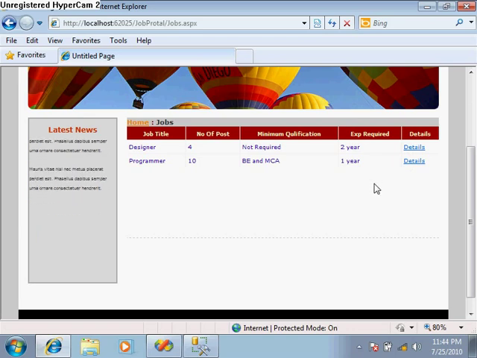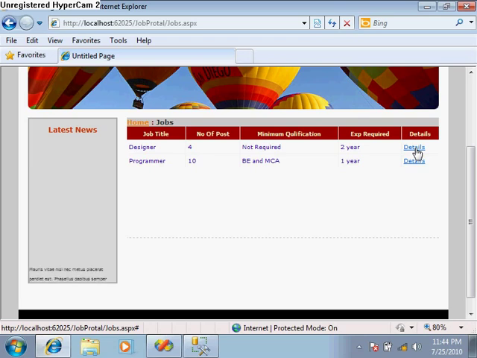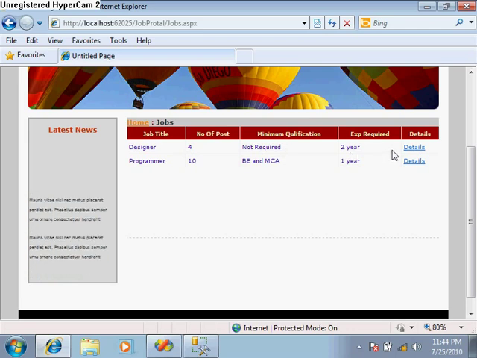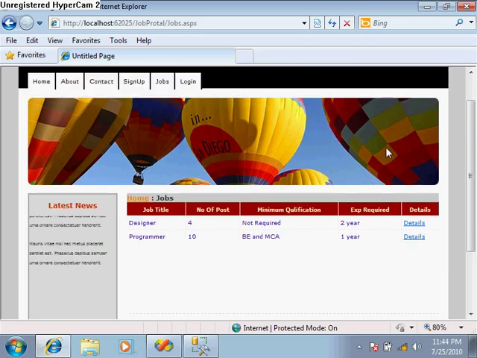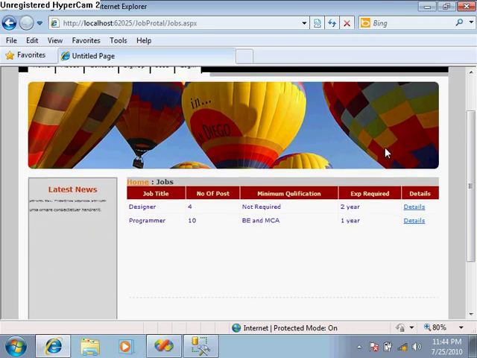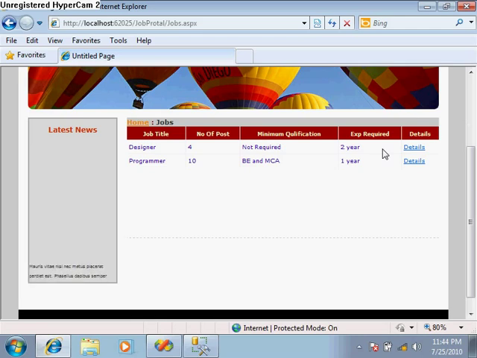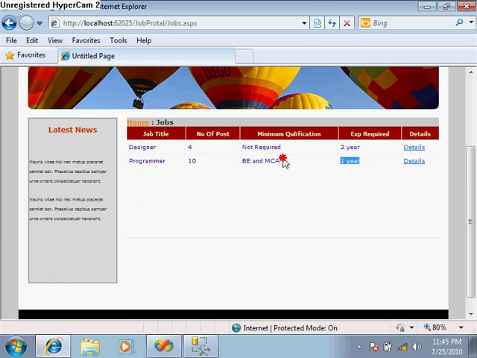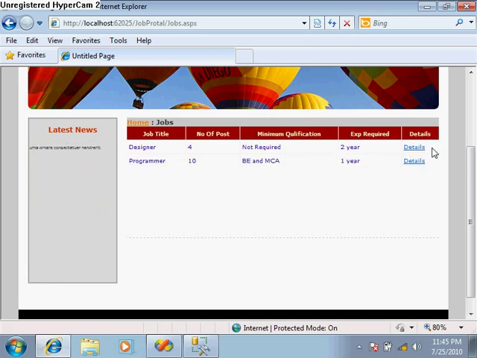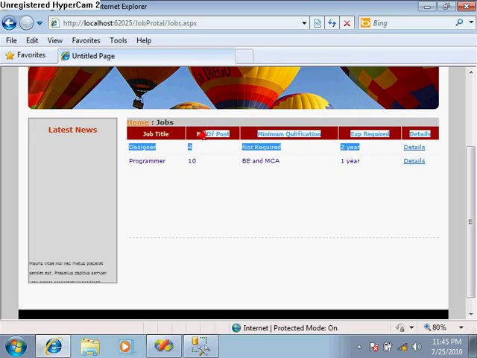What I want is that whenever I click on this details link, a new page is opened, and all the details of this job appear in a detailed format, similar to a profile page which has the profile details of a user. When I click on this details link, it will give the programmer's job details, and when I click on this details link, it will go to the designer